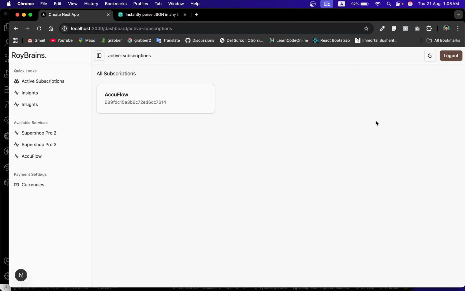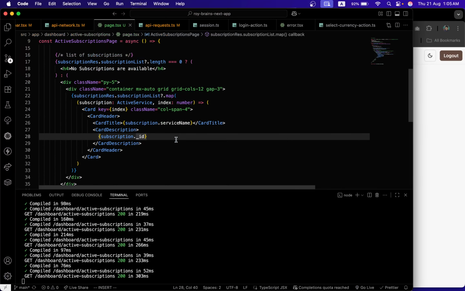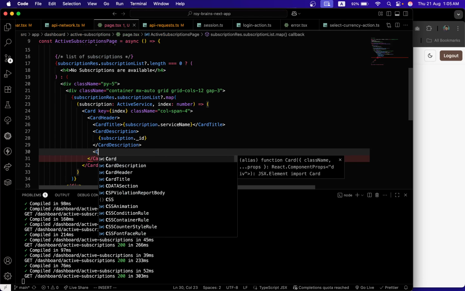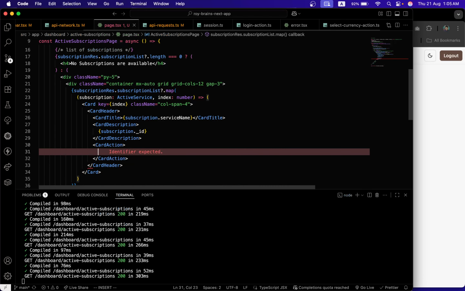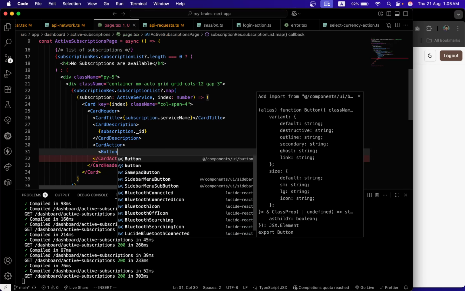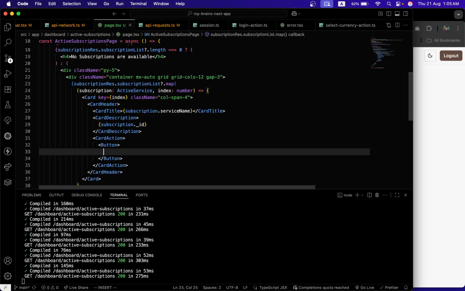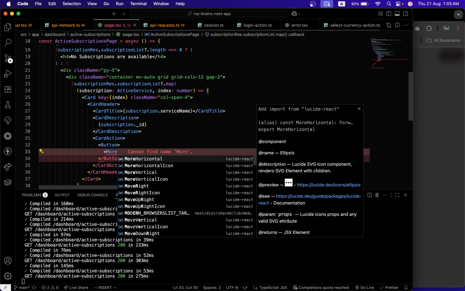Yeah, that is it. Well, we can also add an action here. Card action, where we can add a button from components and add a more